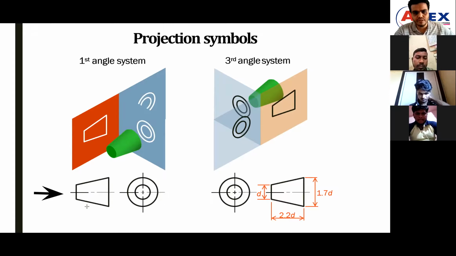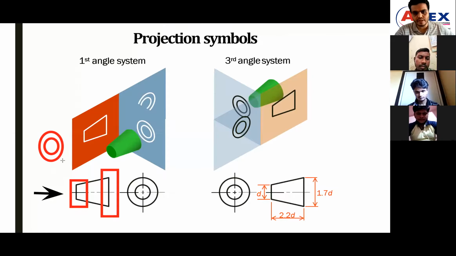So this is visible, and this is also visible. These are the edges I am talking about. How can you write them? This I will write in a small circle, and this I will write in a bigger circle. See here, this left side view I am going to project here. That means that is the first angle of projection.